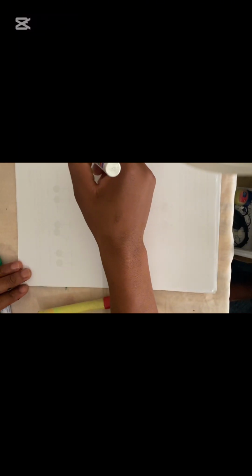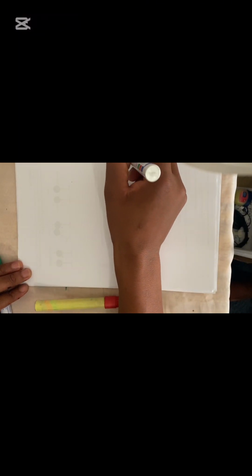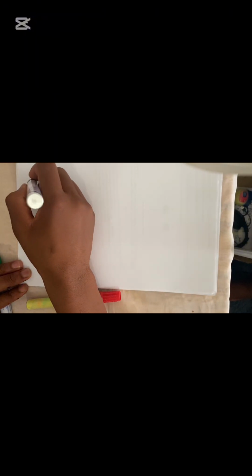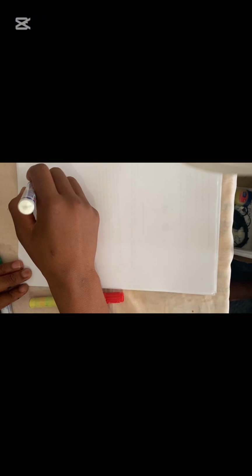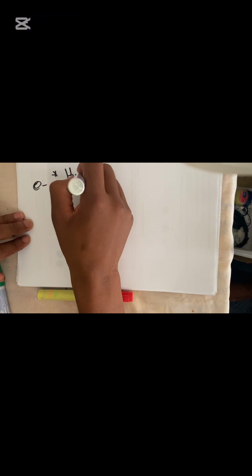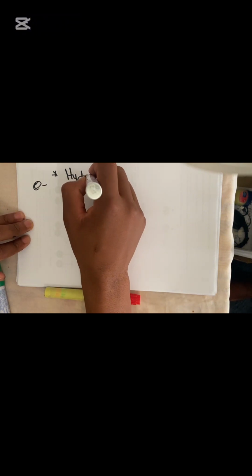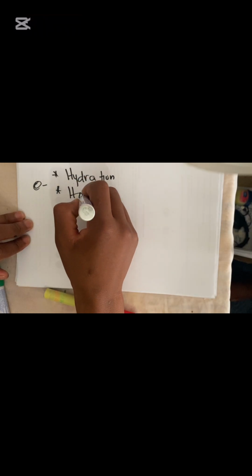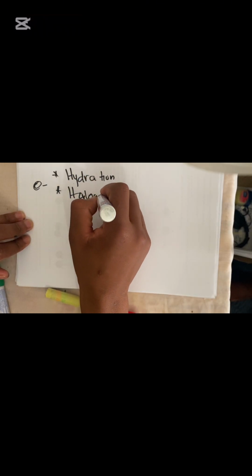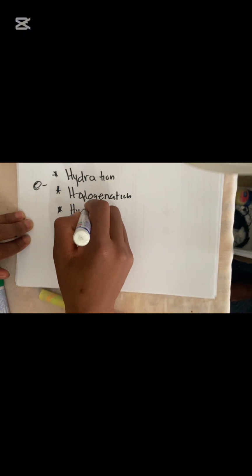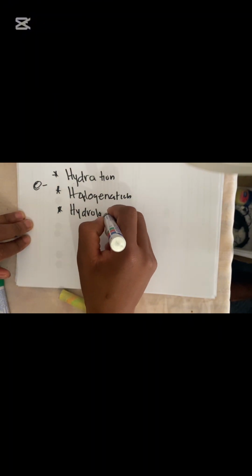In addition reactions, we have 4 types of addition reaction. We have hydration, and then we have what? Halogenation. We have halogenation, and then we have hydro